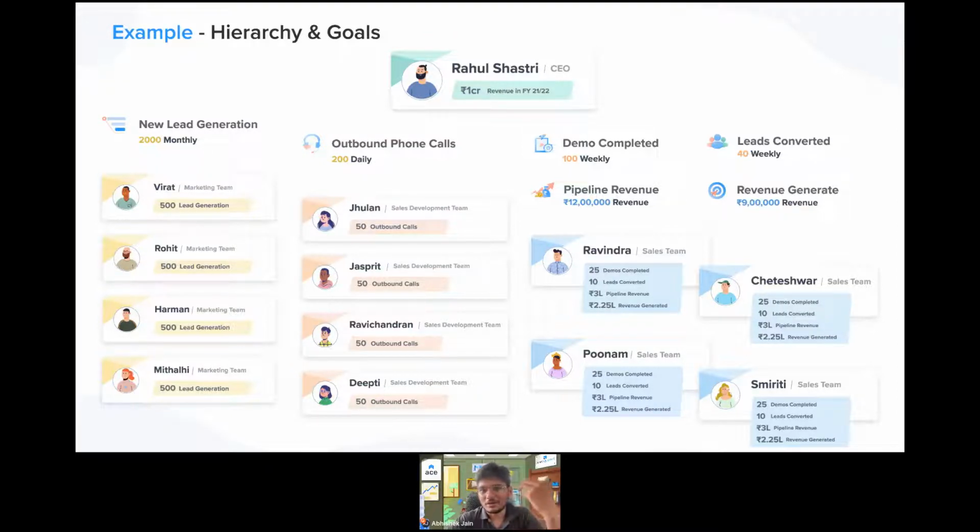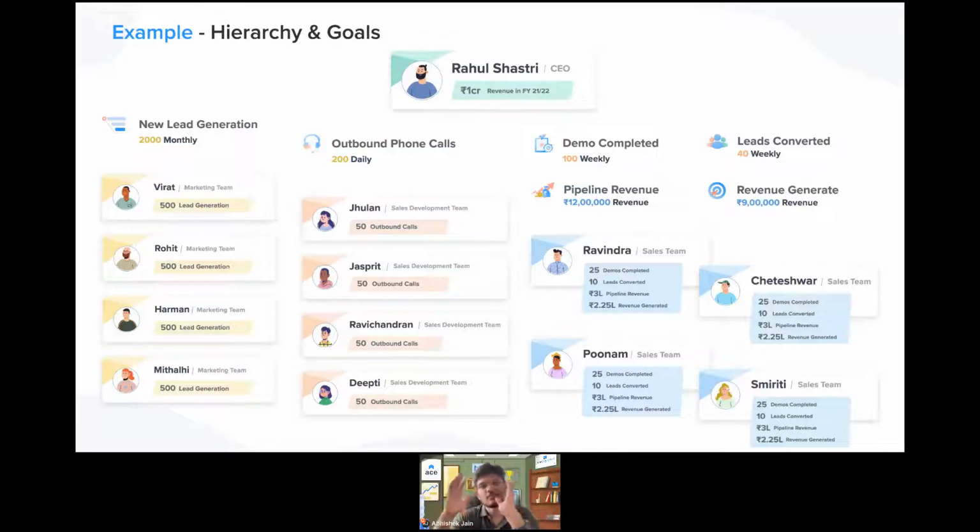and your revenue generated target, which is again your 9 lakh revenue monthly, right? So that's essentially what it is. Now, all of this is nothing but the master plan created by the CEO at this point of time, which essentially is trying to say that I want to generate 1 CR worth of revenue in the financial year 2021 and 2022, right? That's fundamentally what the CEO is looking at.